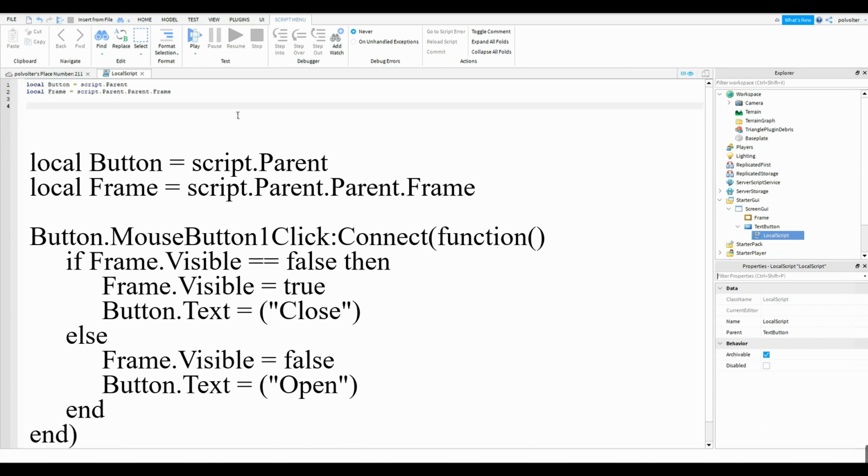Now, let's start by scripting. Put in button, or whatever you've called the local script's parent. So put button dot MouseButton1Click. Just put in M, capital M, and MouseButton1Click should appear at the top. Double click on that. Then put